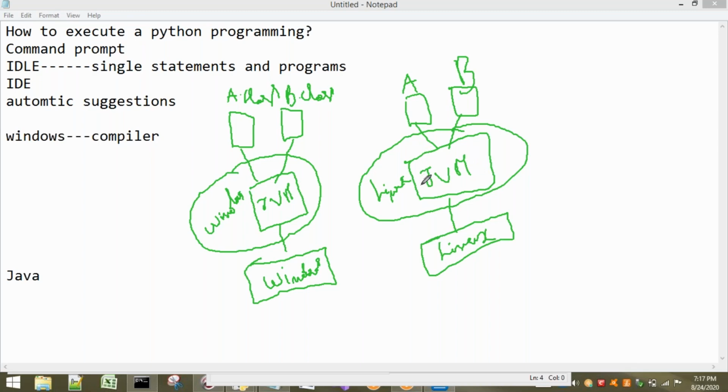The reason is that if I send the same code to this particular system, it executes here, and in this Linux system it is also going to be executed, because here we have one converter. Which converter is this? A Java to Linux converter. If I write some code in our Linux system and send the same code to Windows, the Windows JVM can convert Java to Windows understandable language. In this way, we can say Java is platform independent.